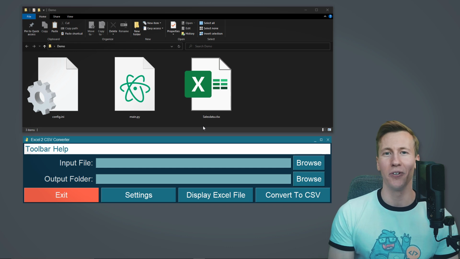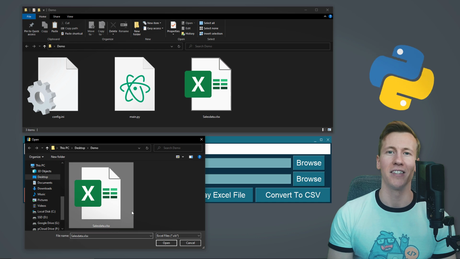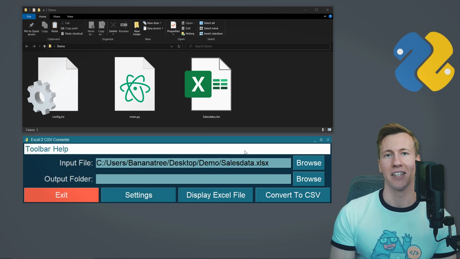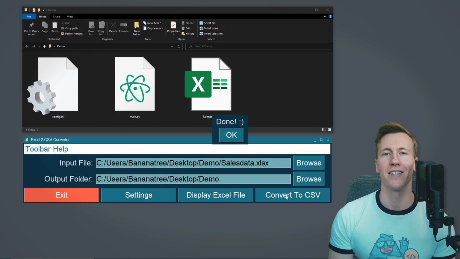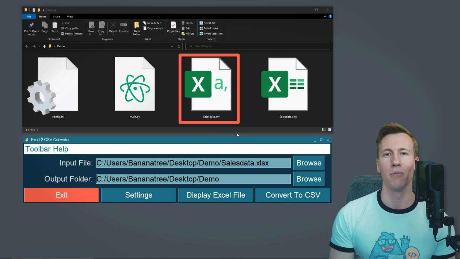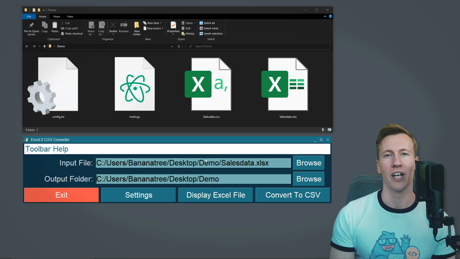Hey guys, in this video I will show you how to create a GUI application using Python. In this demo application, the user can select an Excel spreadsheet and convert it to a CSV file. Yet this is just an example. The main purpose of this video is to show you how to create a GUI application where you can save